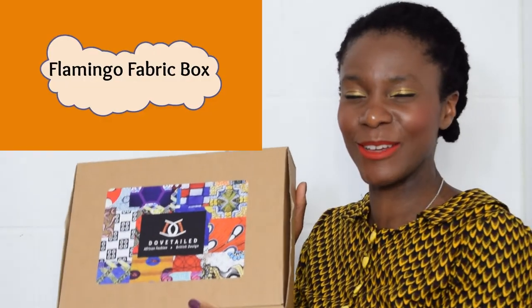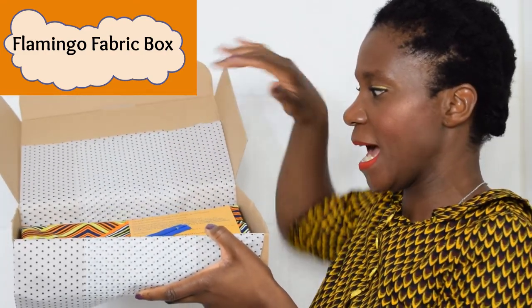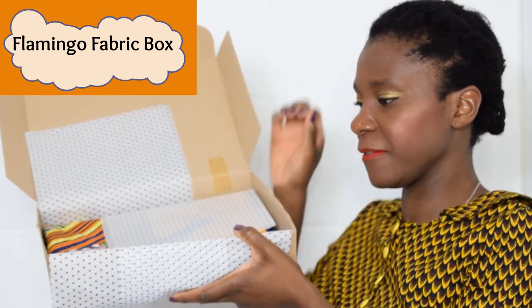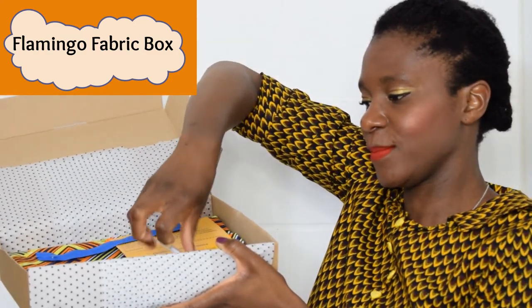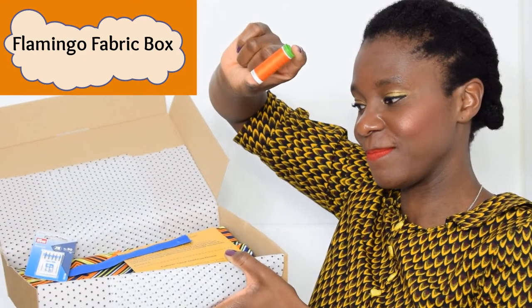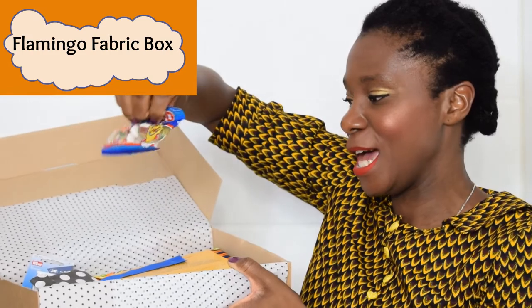This box is the Flamingo Fabric Box and is the third of our 3 boxes. This is the smallest of our range of boxes, and included in this box is a 2-yard piece of fabric, a 1-yard piece of fabric, a matching 7-inch zip, some machine needles, a matching thread, some chalk, again a contrasting chalk so that the colour shows up on your fabric, a sweet treat,